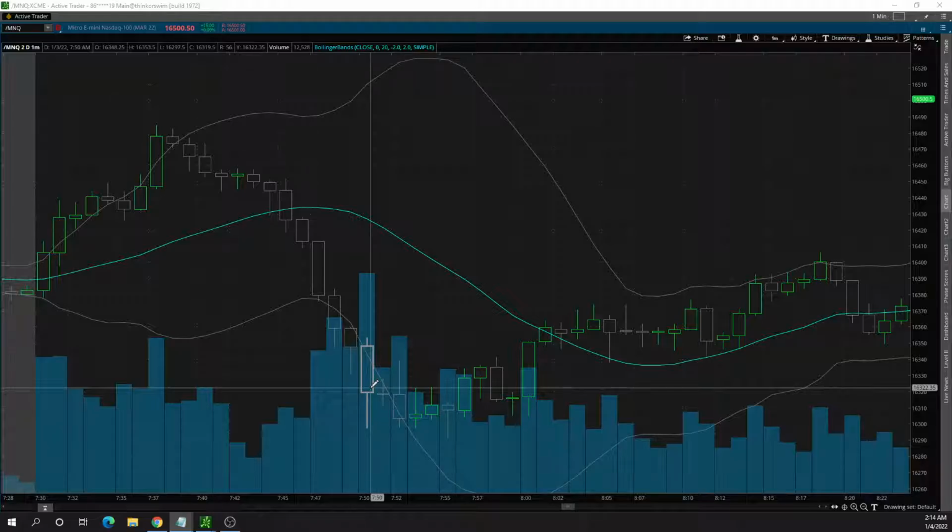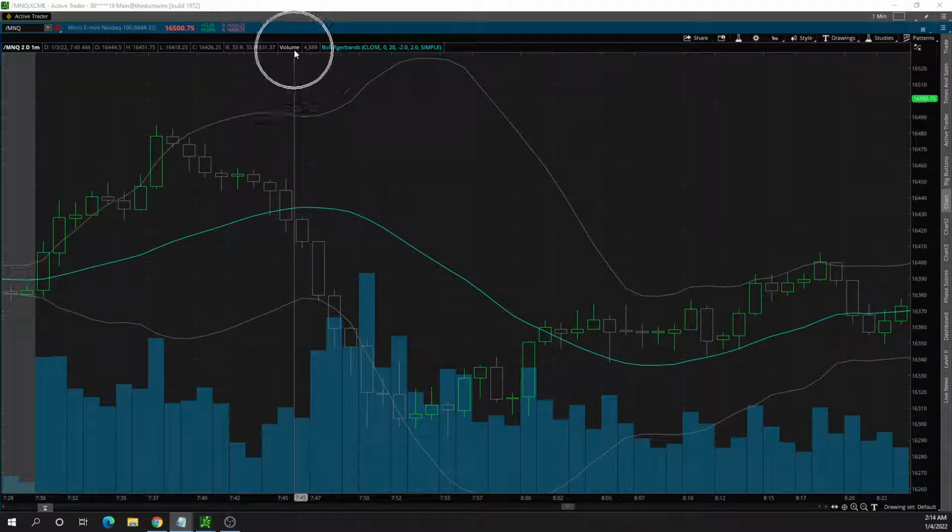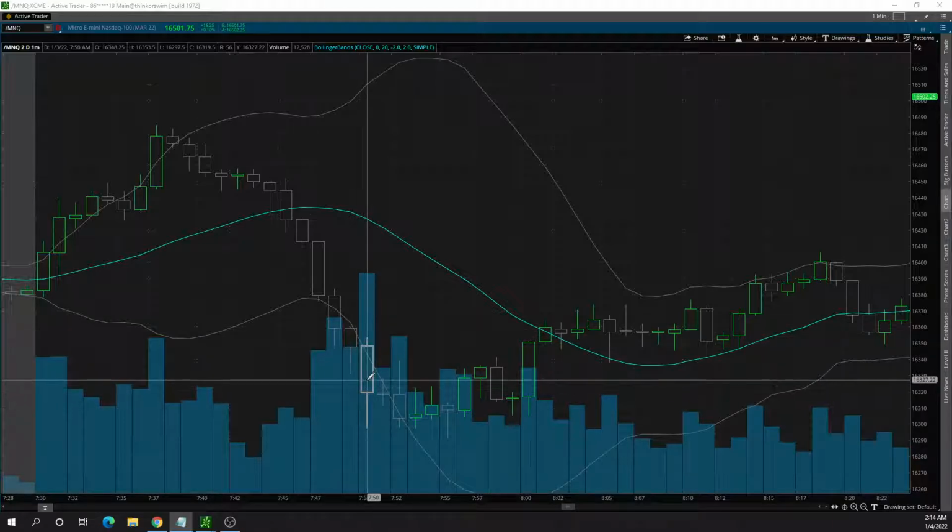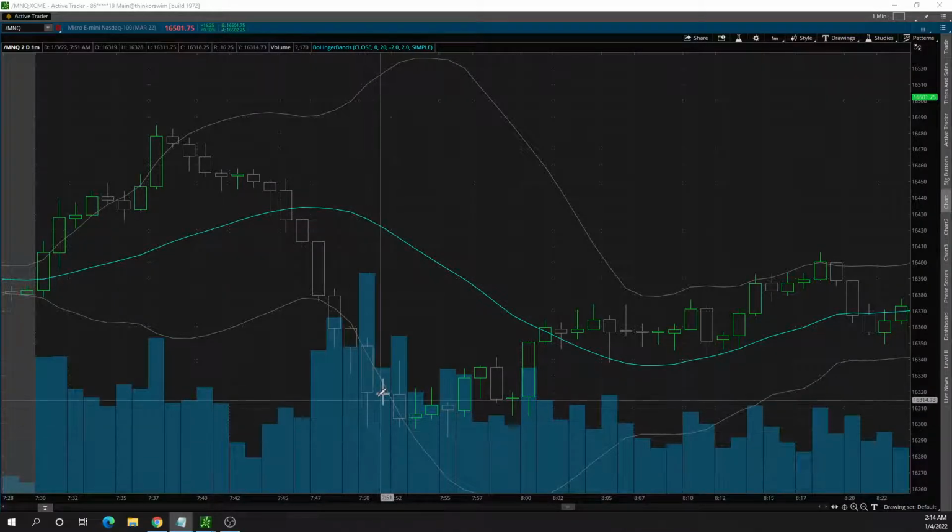This candle, if you look up, the volume is going to be right around in here. When I hover over this candle, you see that volume is 12,528. This is a significant amount of volume. It's rare that we see this much volume. When we see this much volume on what I'm going to call the buy side, predominantly